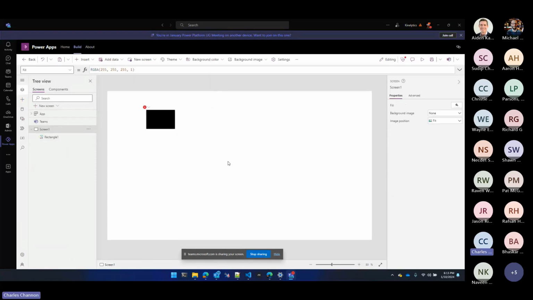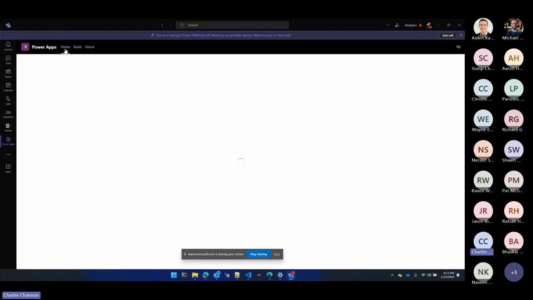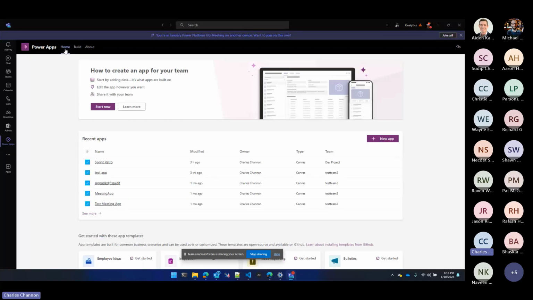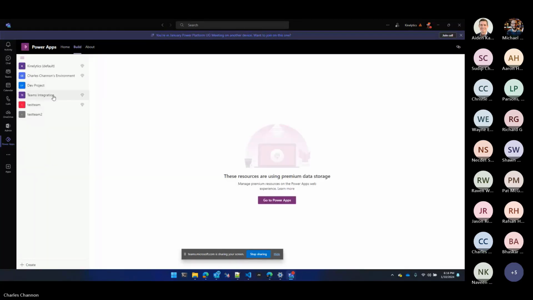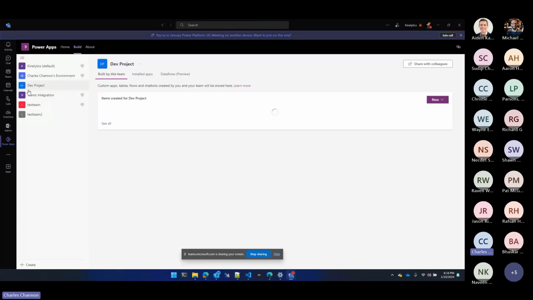Now, there's a few things that we can do from here. You may have created your team from a channel directly. You created your app from a channel or something like that, and now you want to scale it. That could mean it's in a Dataverse for Teams app. So I want to show one other very important little tip that I came up with as I was going through this little hack here. I don't even know if I'd call it a hack. But even Dataverse for Teams environments